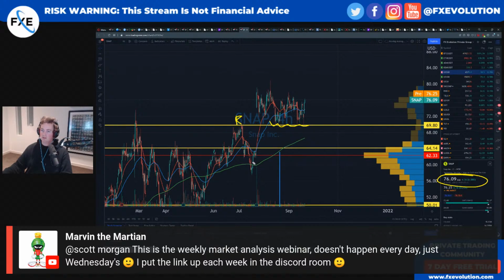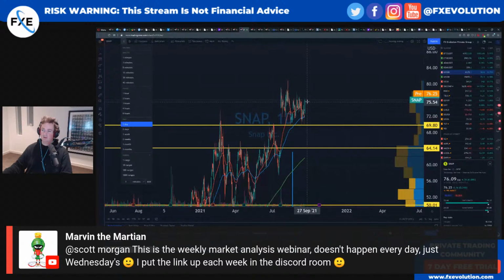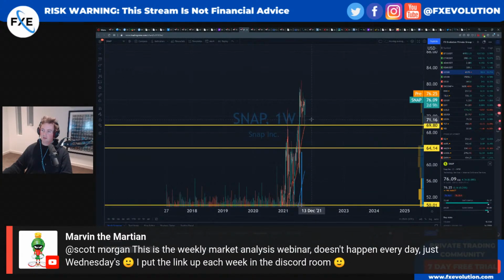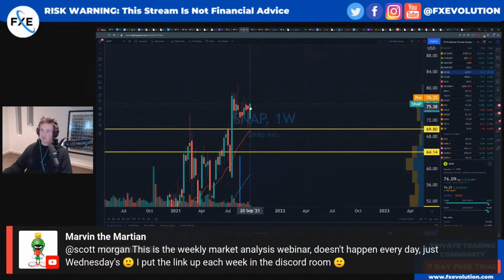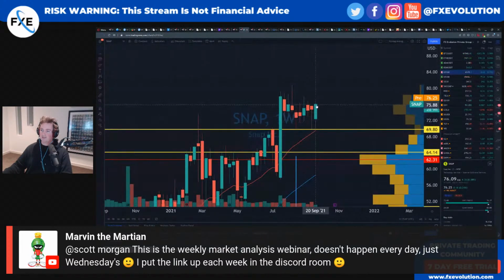Previous resistance, gapped up on the news, consolidated. Will this be a buy the rumor, sell the fact kind of thing going into earnings? It's certainly looking like it wants to crack a new high. Take a look at this on the daily. It's almost just coiling, getting ready for it. And then we go to the weekly and you'll see what I mean. Look at that rejection last week. Boom, gets gapped underneath. It's clearly got some buyers there.